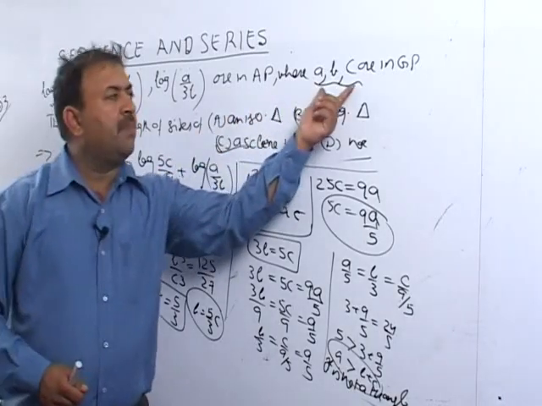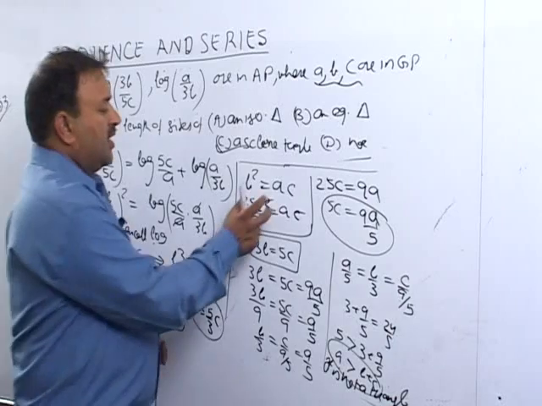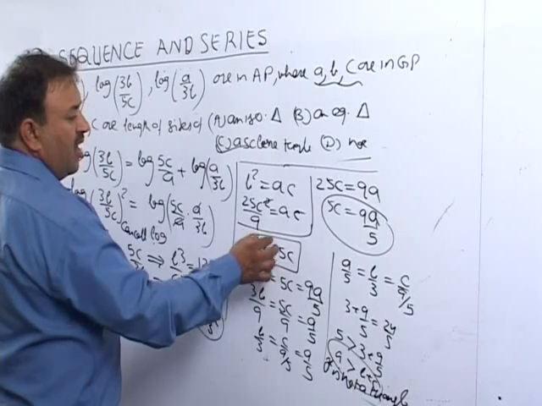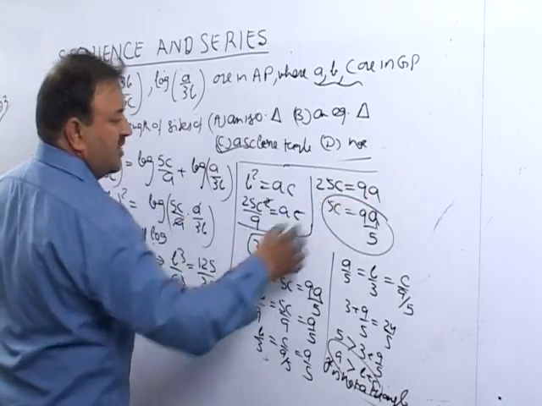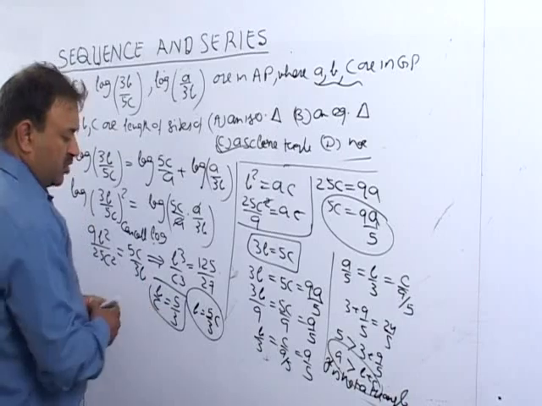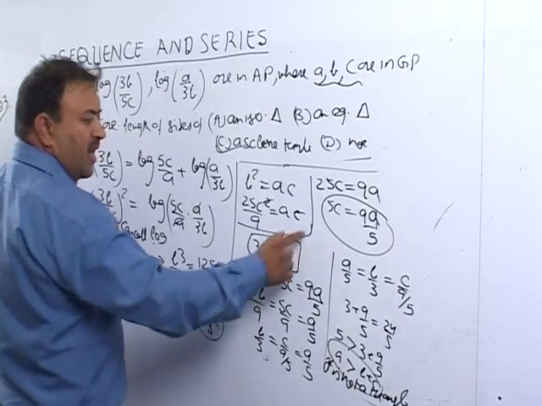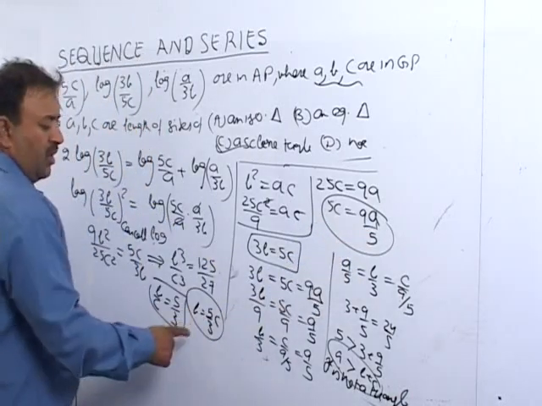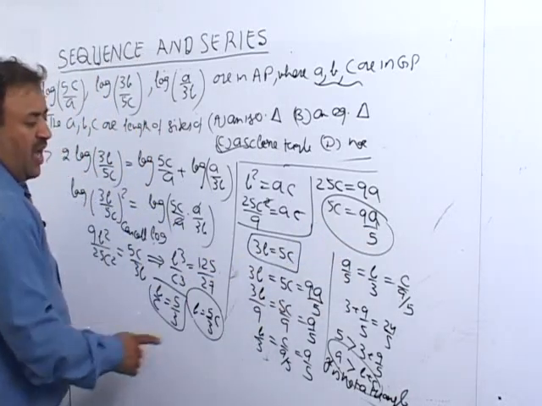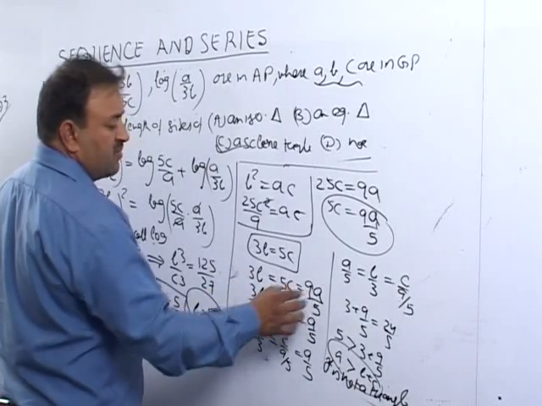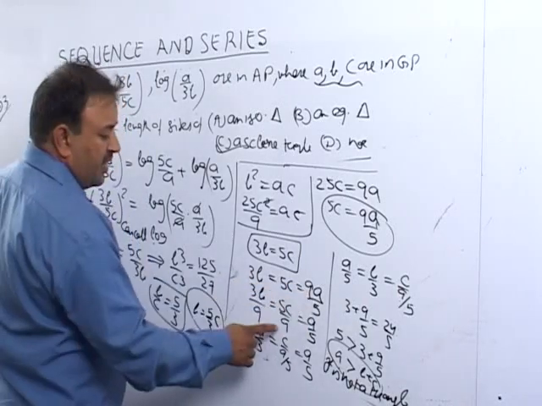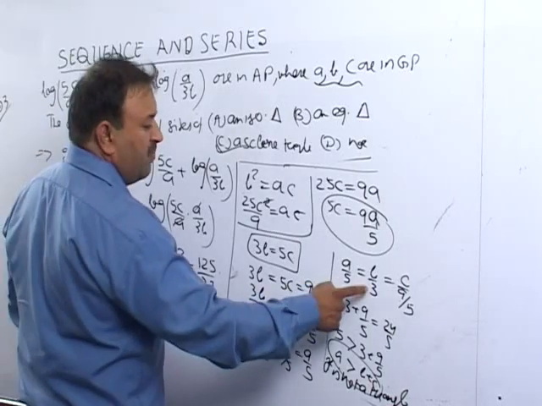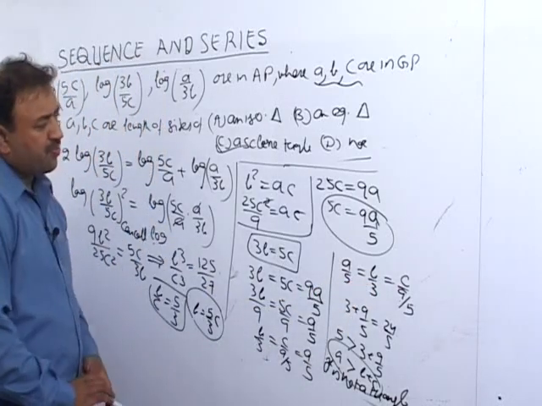Now another condition we have been given is that A, B, C are in GP. So b square is equal to AC. From here I took the value of b and put it here. I got 25c is equal to 9a, and the relation I had was 5c, so I broke up 25: 5c is equal to 9a upon 5. Now taking this, 3b is equal to 5c is equal to 9a by 5. Dividing by 9 and then taking this 3 in the denominator, I find a upon 5, b upon 3, c upon 9 by 5.